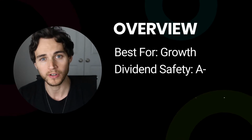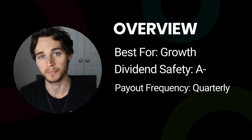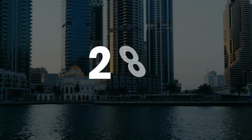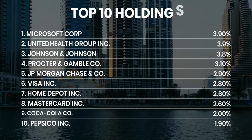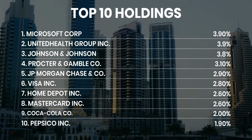It has a quarterly dividend payout, meaning that you get paid every single quarter, and it has an expense ratio of 0.06%. You only pay $6 for every $10,000 you invest in fees. This fund was started in 2006 and has over 289 stocks in its portfolio. And its top 10 holdings account for about 30% of its overall net assets. And those top 10 holdings include companies like Microsoft, United Health Group, Johnson & Johnson, Procter & Gamble, JP Morgan,